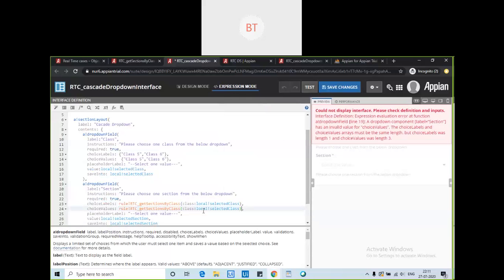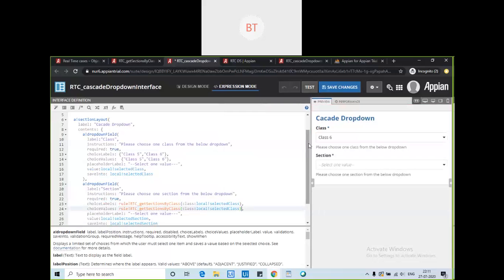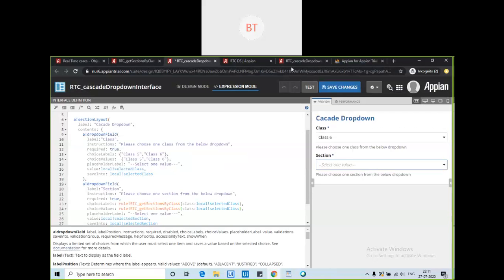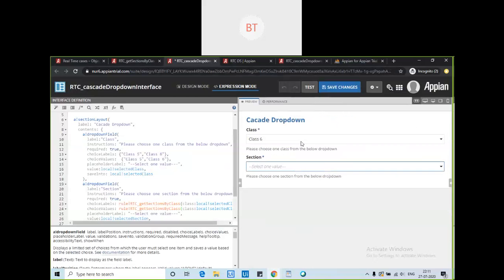Now see what is showing. It's showing this data. We need to do a little more here. See, if I choose class 6, it's showing section equals to section A, class equals to class 6, and id equals to 344, right?